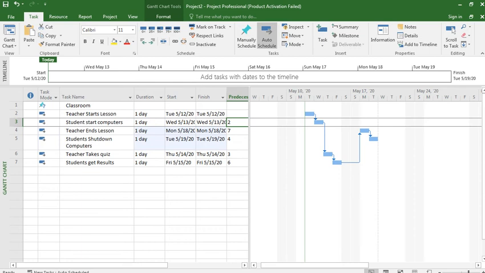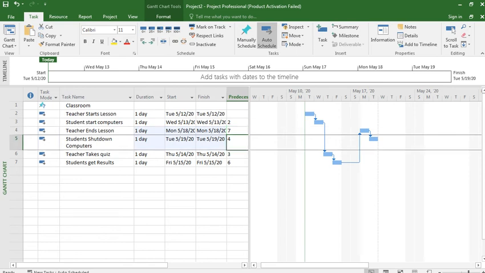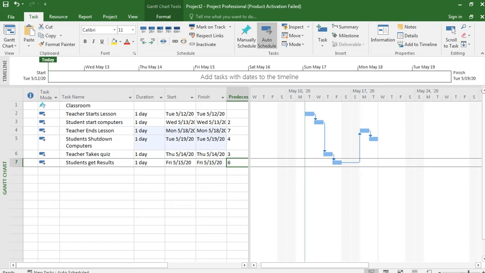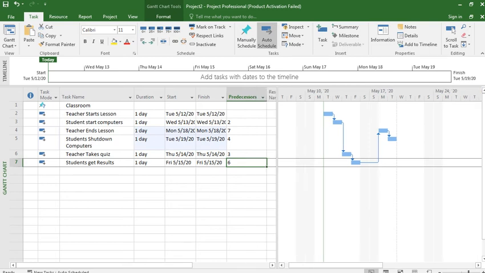Previous task is 2 for the 3, and for the 7 the previous task is 7. For shut down the computers, the previous task is teacher ends lesson 4, and for this 3. Student starts computers, student takes quiz, student gets results. So this is how. Now we want to see how scheduling works.